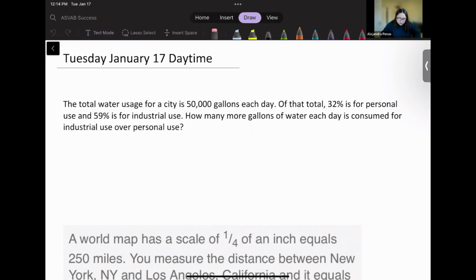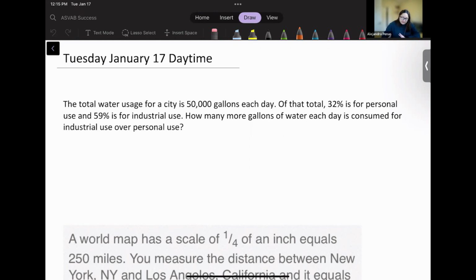So the very first question we have says that the total water usage for a city is 50,000 gallons each day. Of that total, 32% is for personal use and 59% is for industrial use. How many more gallons of water each day is consumed for industrial use over personal use? So